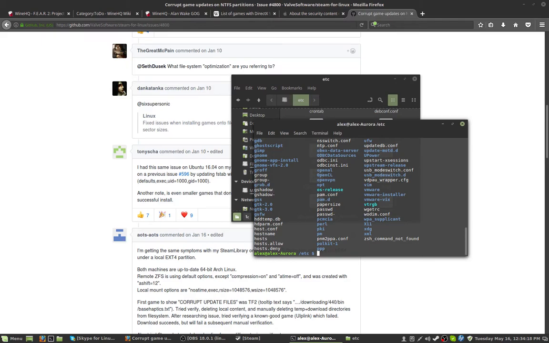Now, if we use gedit, we can do gedit fstab, because we want to edit fstab. That's the file I said we need to edit. So we do gedit and tell gedit what we want to edit. Type in fstab,